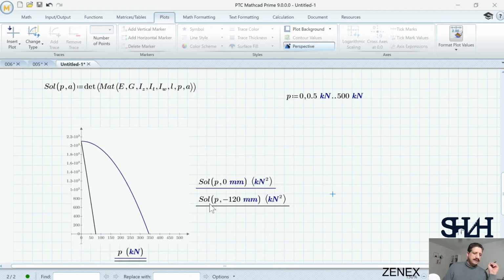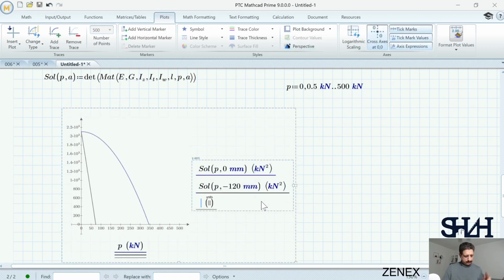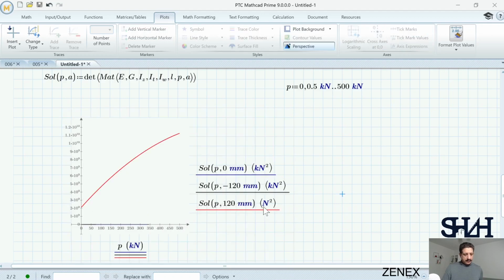So here we can see that if we put the load above the section, then with a very small value, it can buckle. Now, if we put it on the other side of the section, let's say on the bottom of the cross section,